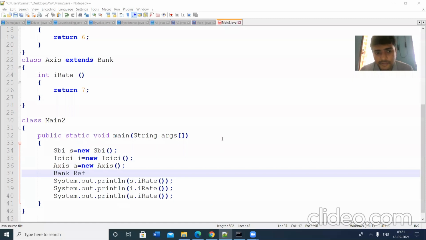Runtime polymorphism can be achieved by creating a reference object of type superclass.